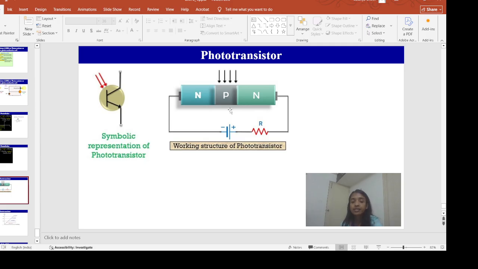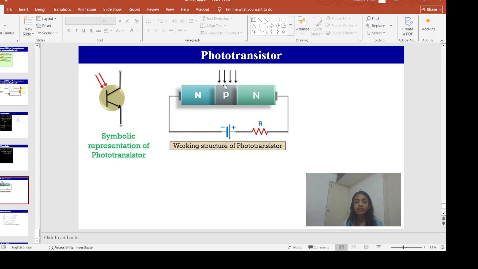Alright, now in this circuit arrangement, we can clearly see that the base region is kept unconnected with the external supply voltage, and it is used as a region for the radiation incidence. Only the collector region is connected to the positive side of the battery. Also the emitter region is connected to the negative side of the battery. However, the output we are taking is from the emitter of this transistor.